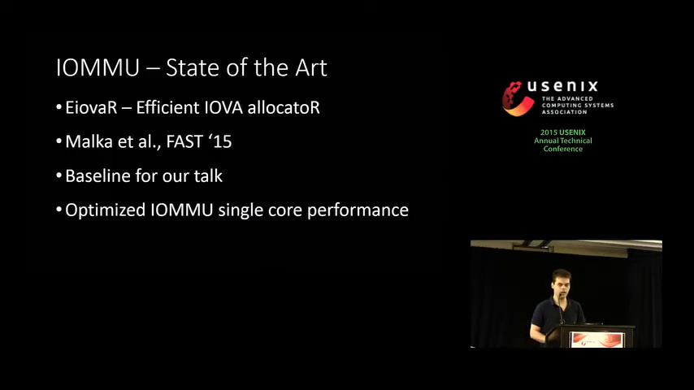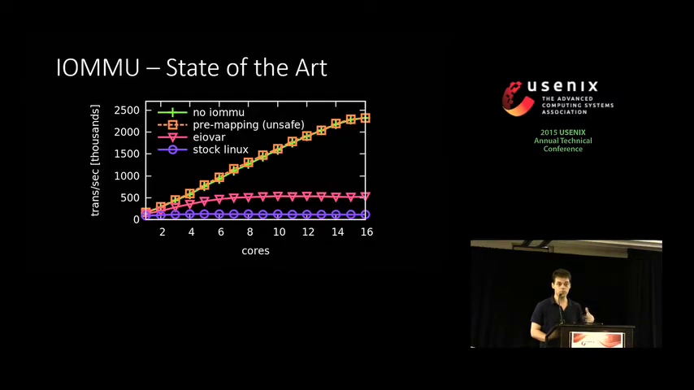There has actually been prior work in this field, in a paper called EOVAR, presented right here in this very hotel not 4 months ago at FAST 2015. EOVAR also tackles the IOMMU management problem, so we will use it as our baseline for the rest of the duration of the talk. What EOVAR sets out to do is to optimize the single core performance of IOMMU management. And the question is, how does it perform when you try to run it using our parallel workload? Well, it performs way better than stock Linux IOMMU,